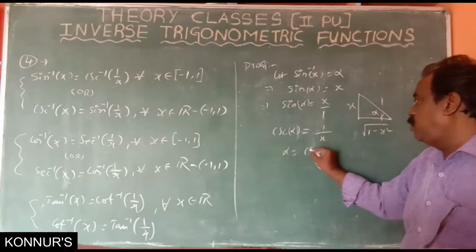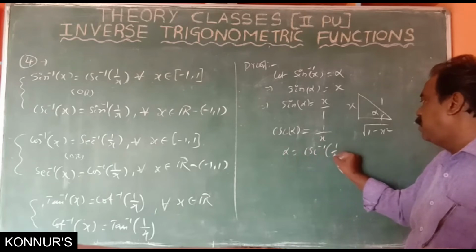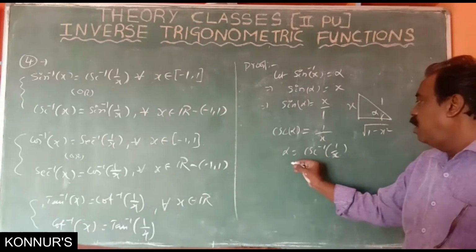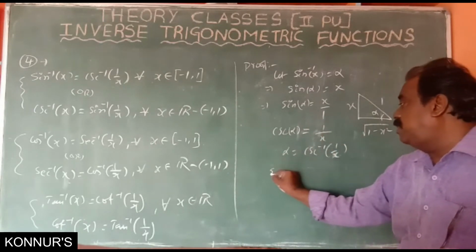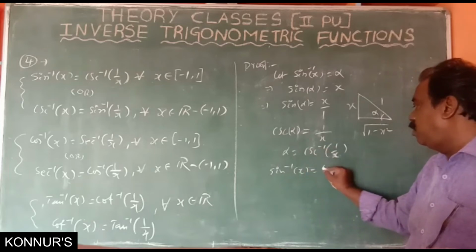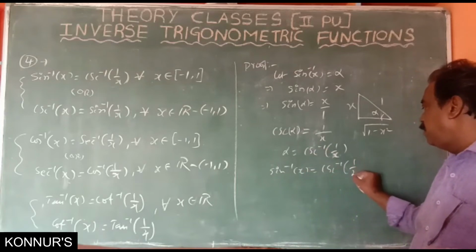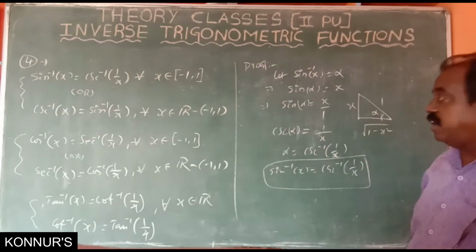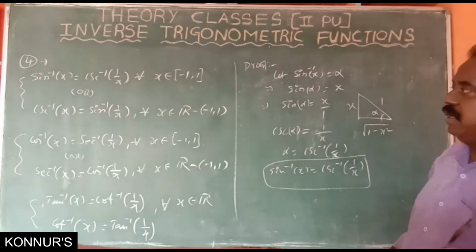So alpha is equal to cosecant inverse of 1 by x. Our assumption is sin inverse x is equal to cosecant inverse of 1 by x. Is it clear? Similarly,